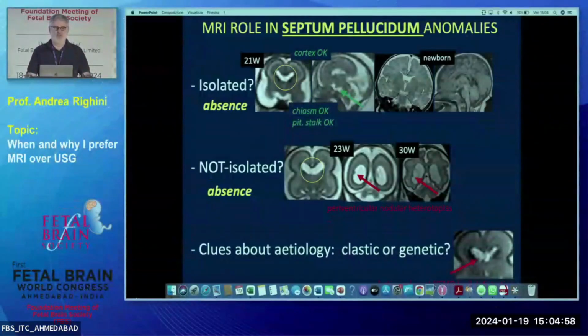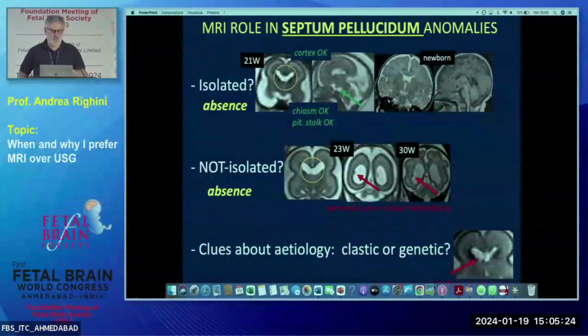We have to mention a very nice paper from the Danish group. They did 5,000 or 10,000 normal kids for a national project, and they listed, this is in the New England Journal 2-3 years ago, all the occasional accidental findings, and small nodules of heterotopia are rare, but not so rare. So it could also be a normal variant.